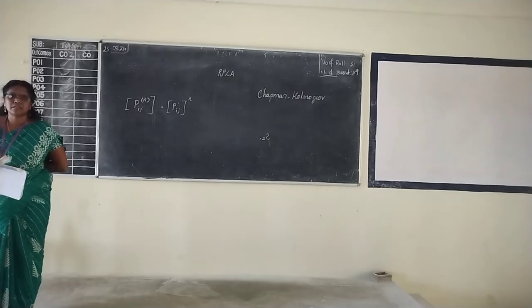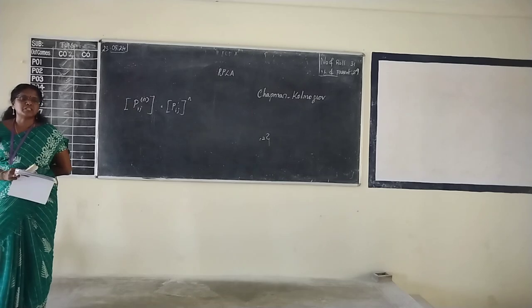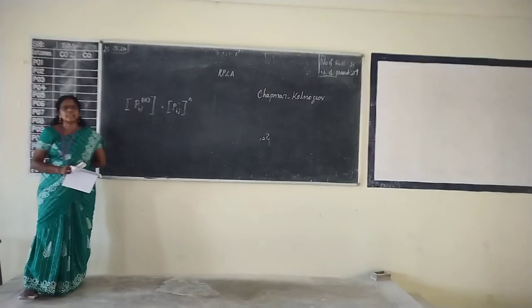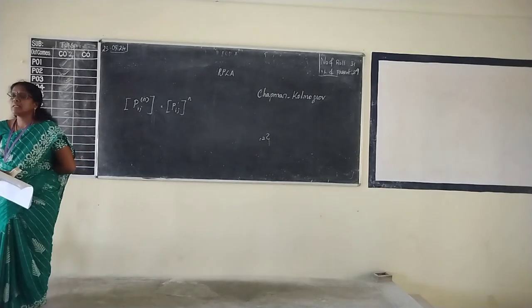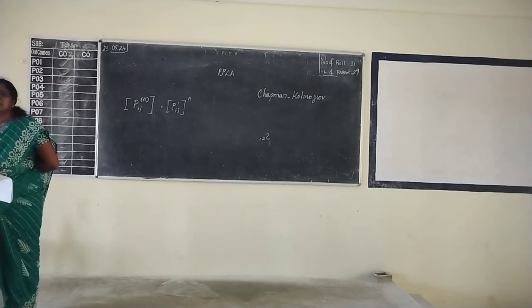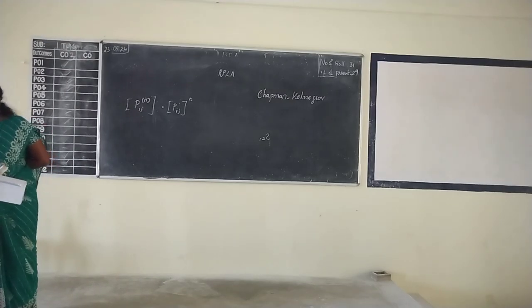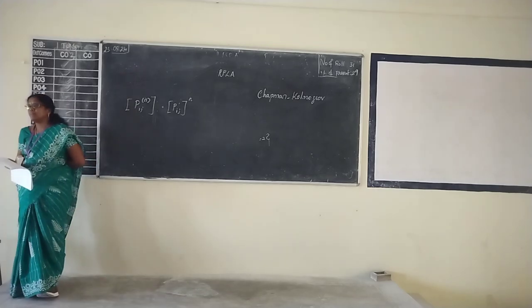Stochastic matrix. Stochastic spelling: S-T-O-C-H-A-S-T-I-C matrix, capital P. And when a matrix satisfies this, it is a stochastic matrix. Okay, capital P is said to be